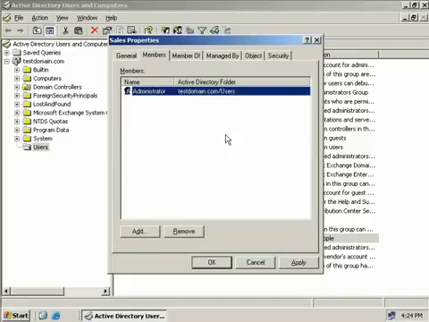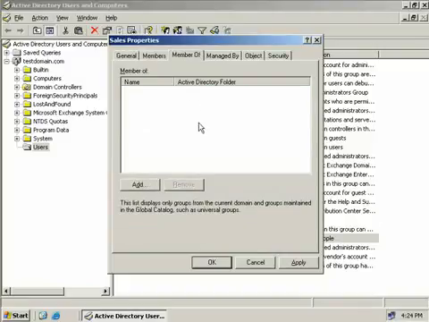Where the Member tab allowed you to add users to the sales group, the Member Of tab allows you to make the sales group a member of other groups. This is simply a time-saving feature here, because let's say I'm doing some other work on the sales group and then I want to add the sales group to, say, the domain admins group. Rather than closing this and then opening a domain admins group, I can simply just follow the same process by